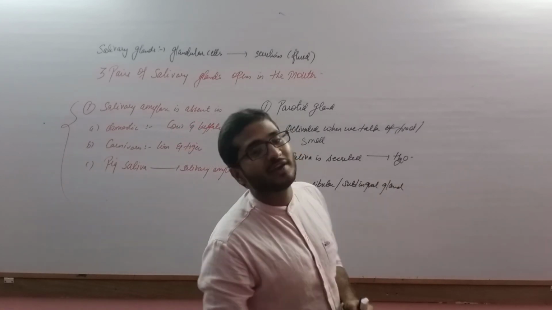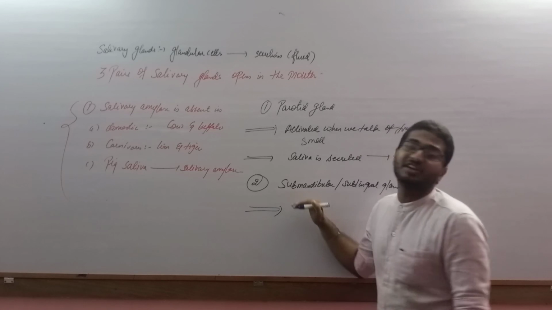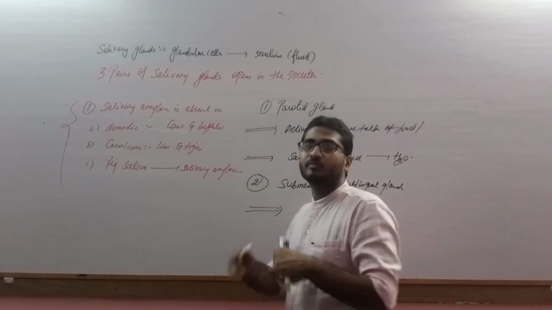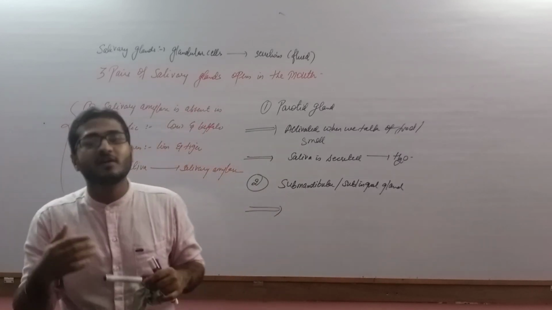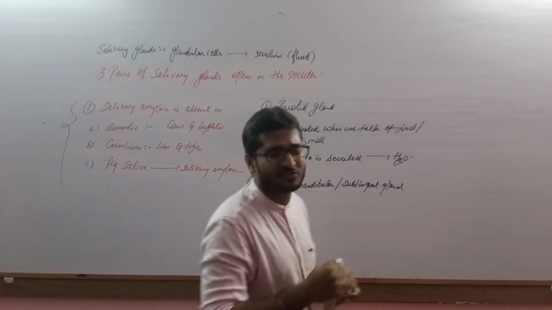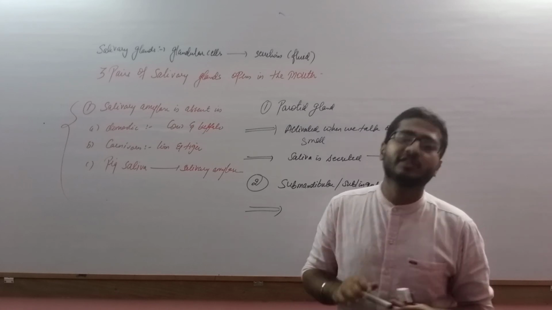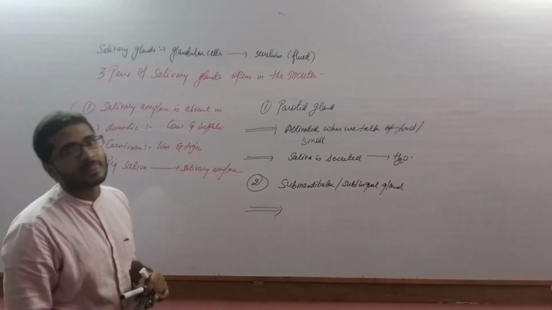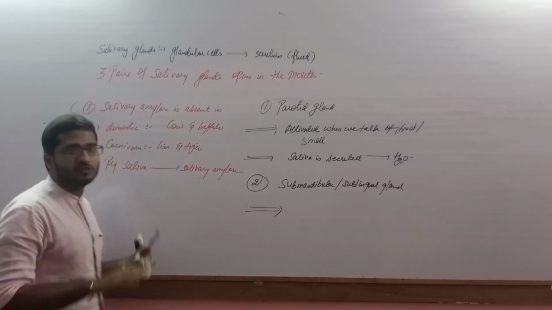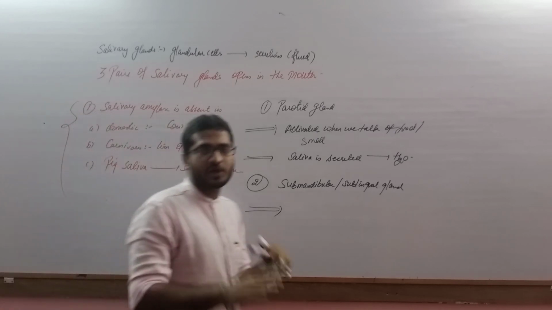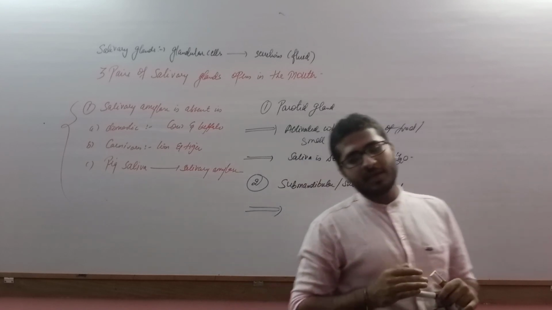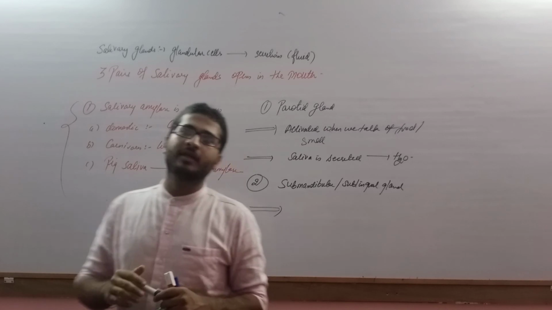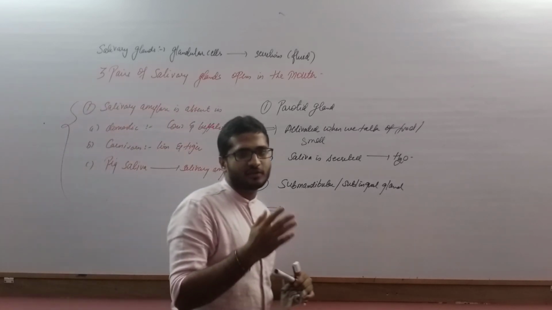What will these two glands do? As we just saw, the secretion of these two glands is of mucus type. That means water will be less and mucus will be more. So the saliva of cricketers or players when they spit is very thick because of the activation of these two glands. So this is all about the detailed version of the salivary glands, their locations as well as functions. In the next part we will discuss the tubular regions of the alimentary canal, that is the pharynx and the esophagus.